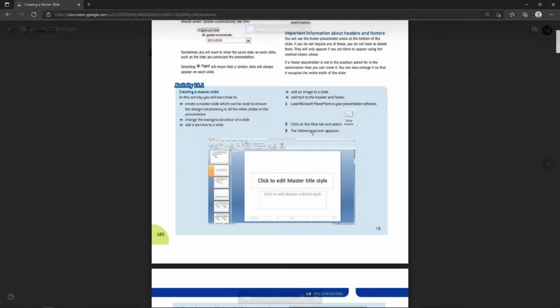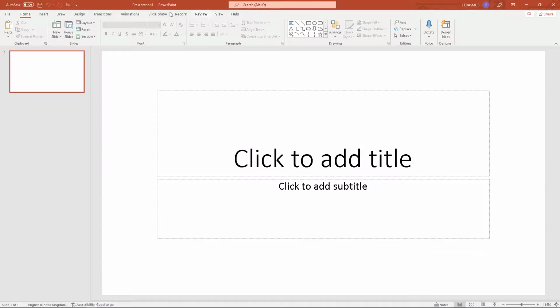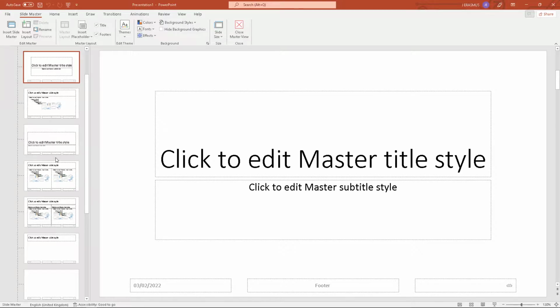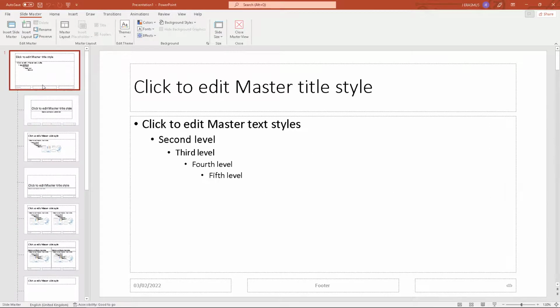We open it and they say click on the view tab and select slide master. So if you go in the view tab, this is called the ribbon, and we go to the view tab and we look for slide master. Okay, so it automatically puts us in this situation where we have the first layout, but this is the master